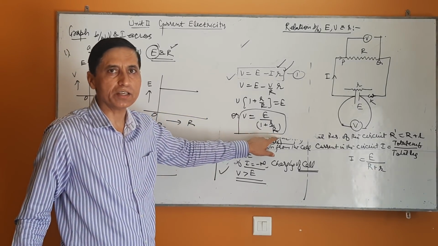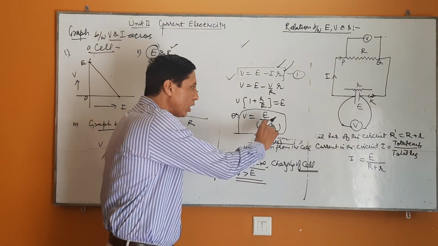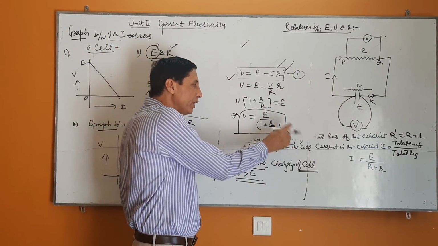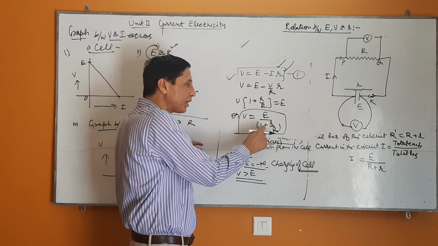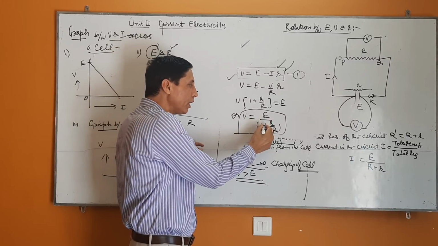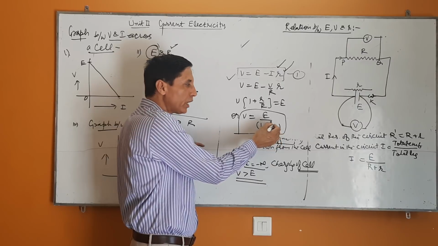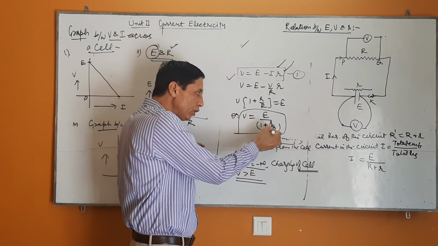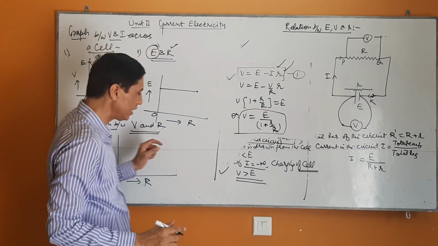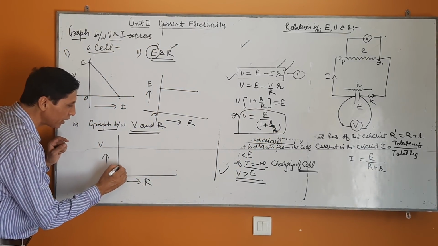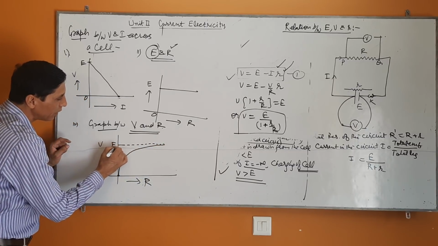As R increases, as the value of R increases from 0, this value of V will decrease, sorry, increase. And when R is very much greater than small r, then this term r upon R will become ineffective as compared to this 1. If you take R as 1, then r by 1, r by 2, and when it becomes r by 1000, r by 2000, the denominator value becomes quite high. And when R becomes infinity, V becomes equal to E. So initially it will increase and it will become a straight line, corresponding to which it will become E.